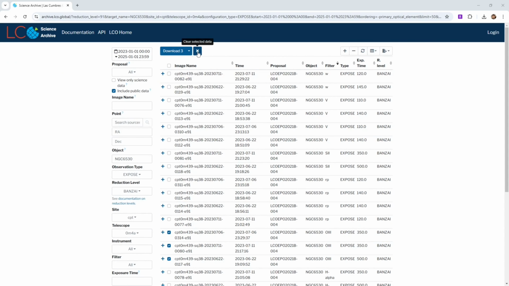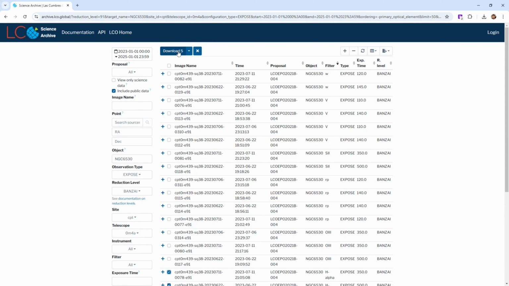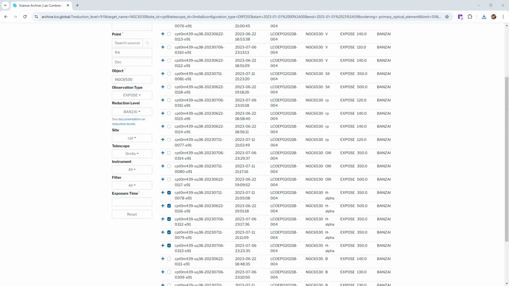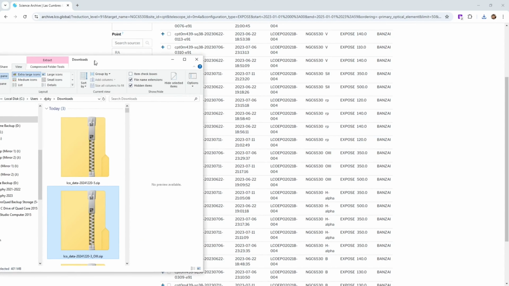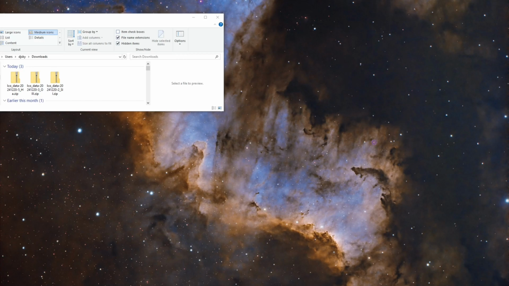Next, we're going to click on the X to clear the data that we selected. Then we're going to select the data for H alpha, so these 5 right here. Click on download. The download for H alpha data is complete, so we're going to rename the folder by adding HA at the end. Now that we've downloaded all of the files that we need,